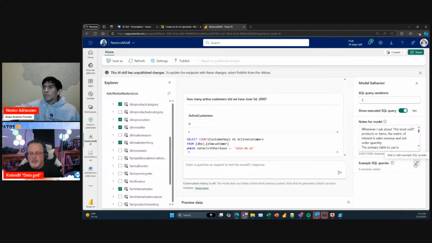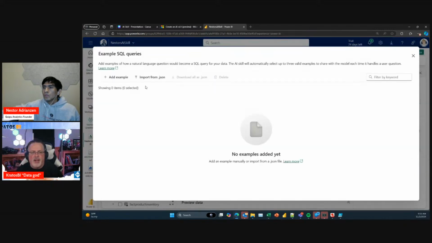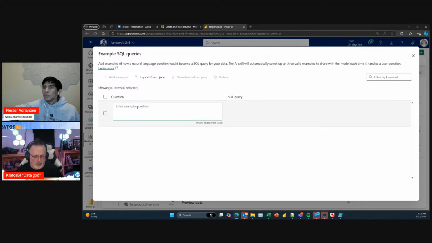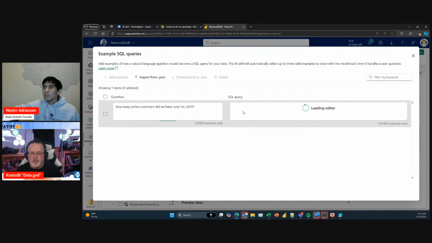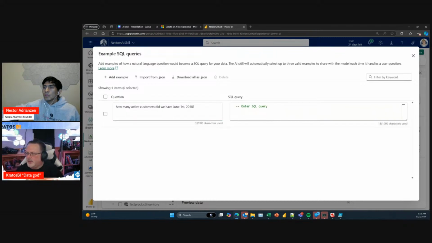So if I have something specific of how I define it, I can go ahead and do that. I could say, if someone asks how many active customers do we have on June 1st, here is the example of the SQL query that we should be typing in.